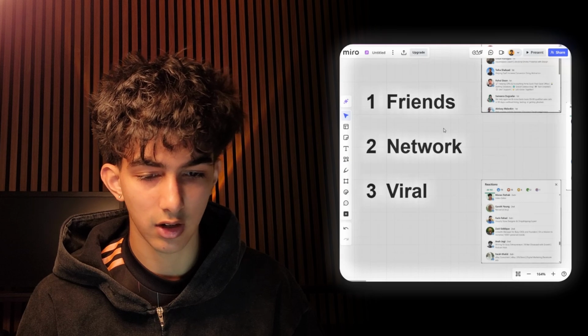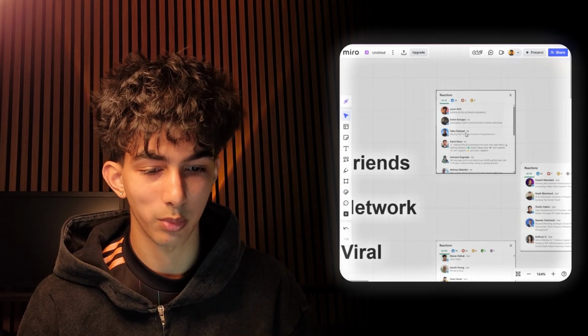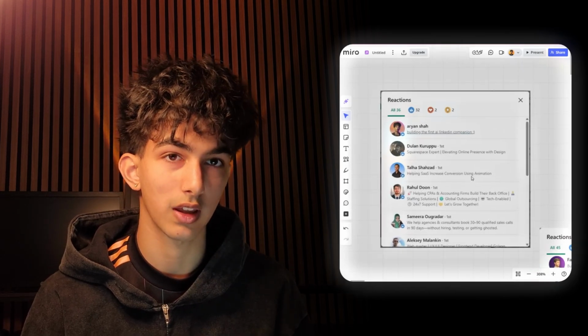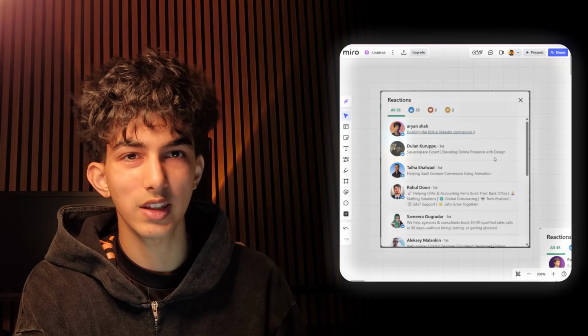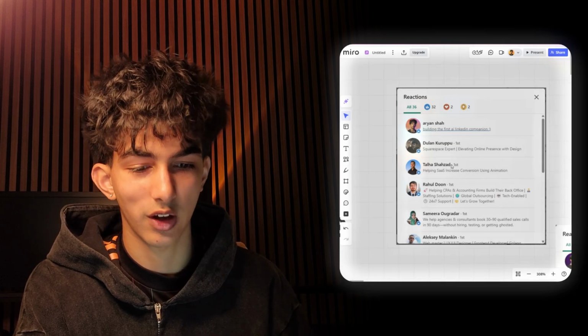So the 3 stages are as follows: friends, network, and viral. In the initial stage, just after you post, LinkedIn's algorithm will actually recommend your post to your first-degree connections, but specifically those who commonly engage with your content. Only about 20% of your connections actually see your content, and those 20% are the ones that are in the